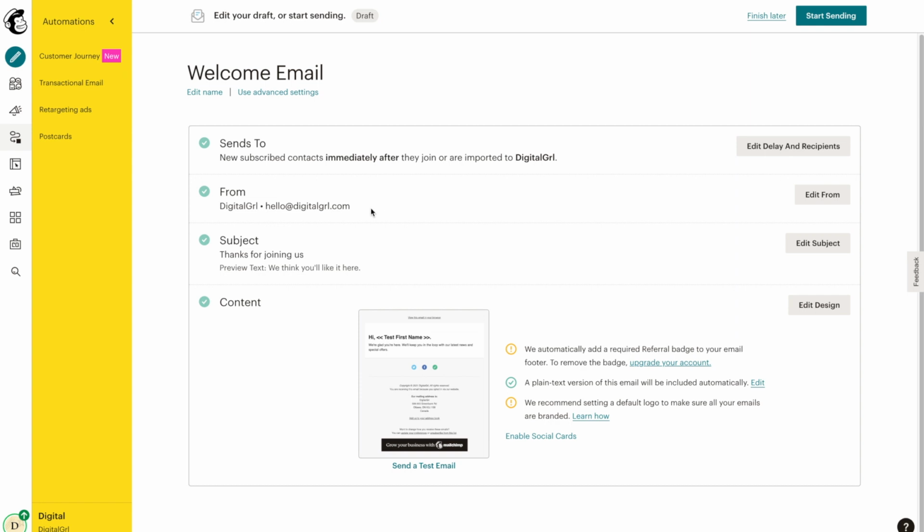The next section is the from section. So that's going to be your business name or your name, along with the email address that you have set up through Mailchimp. If you do need to edit this information for some reason, you can do so using the edit from button. But if that looks okay to you, we'll head on to the next section, which is the